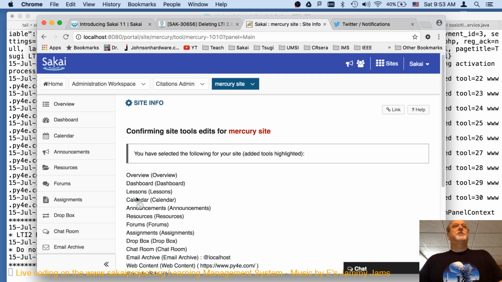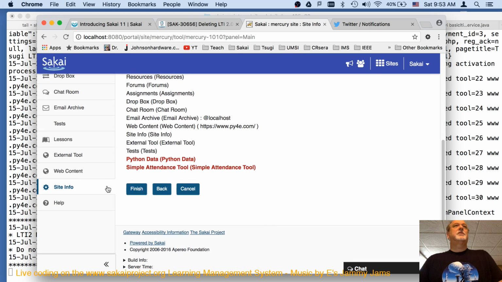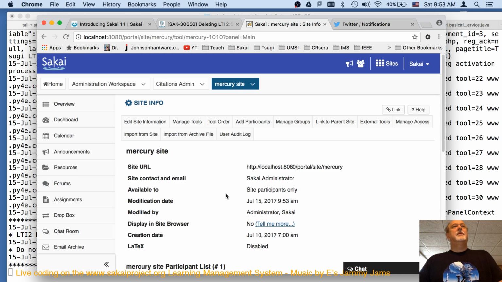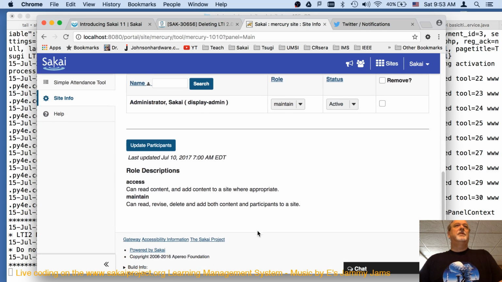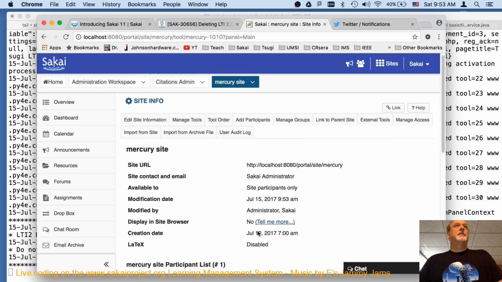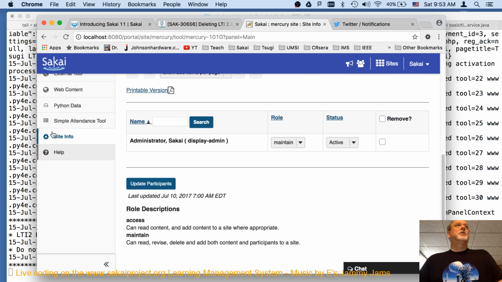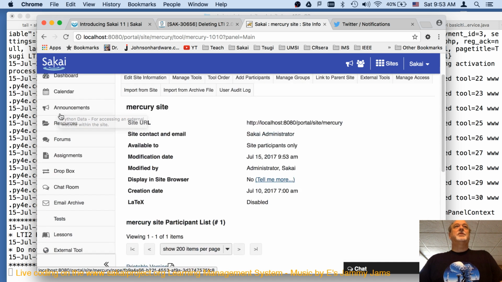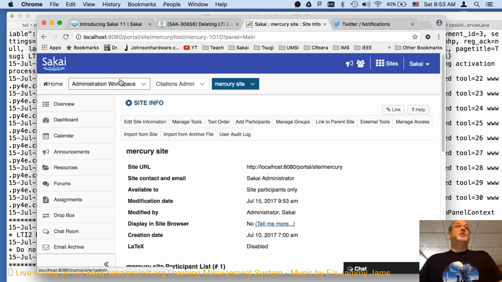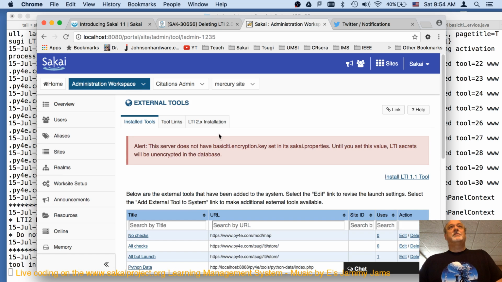Oh yeah, there's a separate bug that Oxford wants to hide, which I think I'm going to do even though I'm grumpy about it. So are we here? Oh, so there we go. Python data and simple attendance tool. So this is what a teacher might do, and this shows you just how powerful this feature is that we just added.